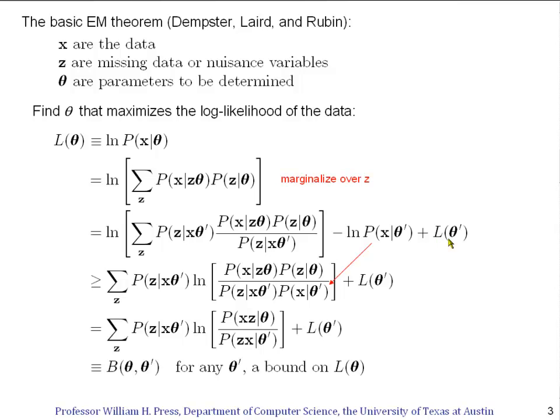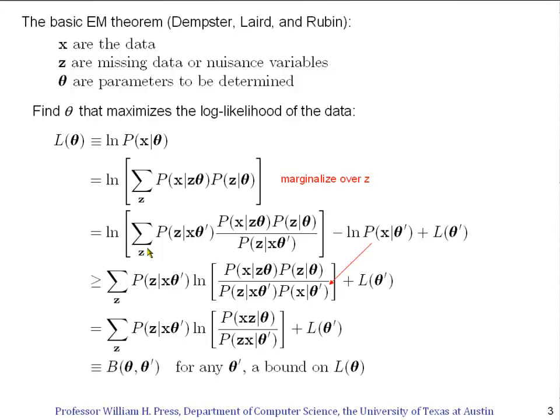I've added and subtracted basically this L function at theta prime, and by its definition up here, I can write it also in this form when I subtract it. So why do I do this strange manipulation? It's so that I can now collect the terms and use Jensen's inequality here on the log of the sum